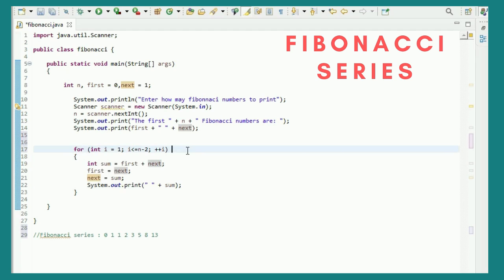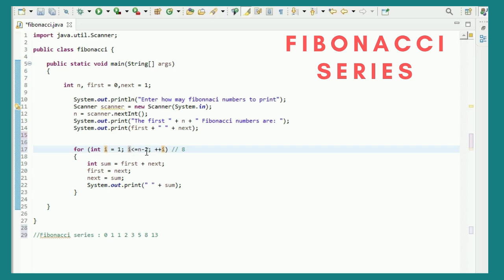Let me explain with an example. I will take this example only. I am having 8 numbers in all. So my n will be set to 8, and in this for loop, i is set to 1 and will be compared with 8 minus 2.